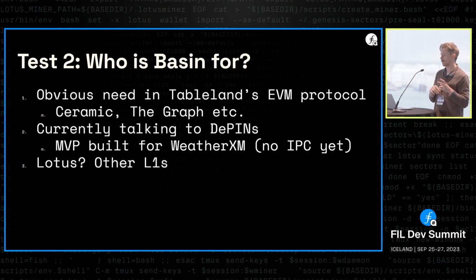And so WeatherXM, their data is database-like, but it's actually just a giant stream of Parquet files. And so can we take that stream and basically be able to report what is the latest state of their data? And they have two requirements of that data. They want it to be immediately available back to their network within a reasonable amount of time. So what they want is the last 24 hours of data to be able to get it so that they can calculate rewards on their network.